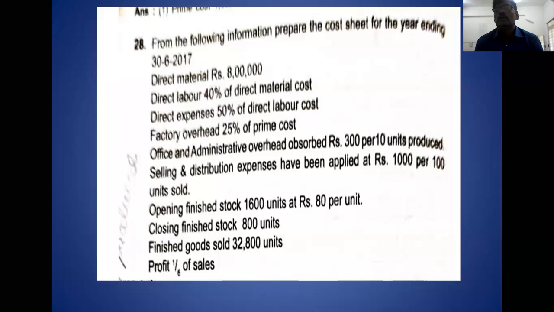For unit produced, you have to follow the equation. The equation is unit sold plus closing stock minus opening stock. How to calculate unit produced? Unit produced is equal to